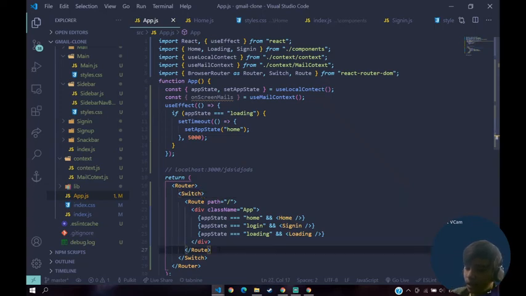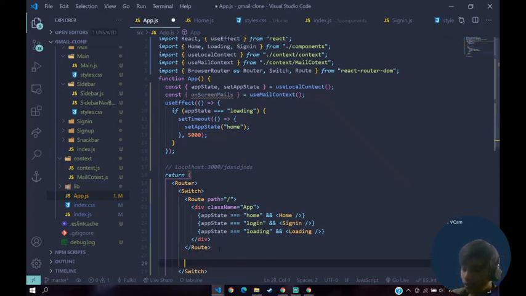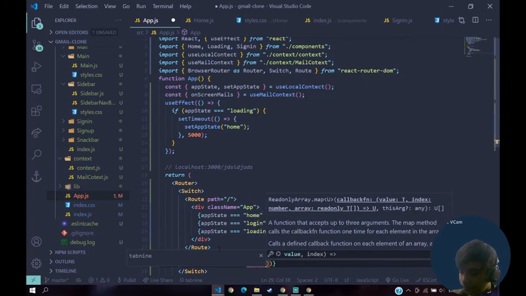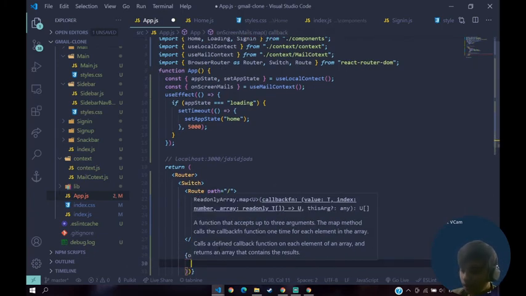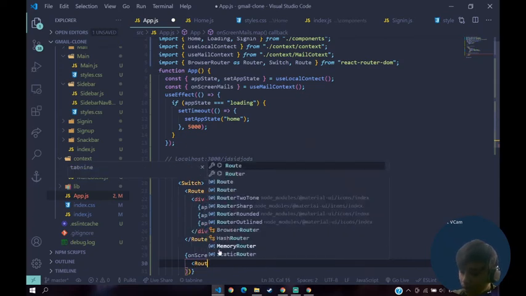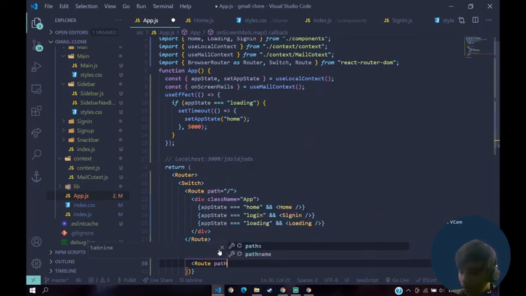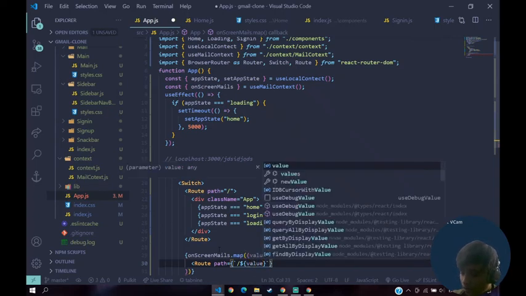Now we are going to have another route. First of all, we'll map through our on-screen mails, mails.map. Then we get our value and index from it. Then we return our route with a path of slash, using string concatenation, slash with value dot id.